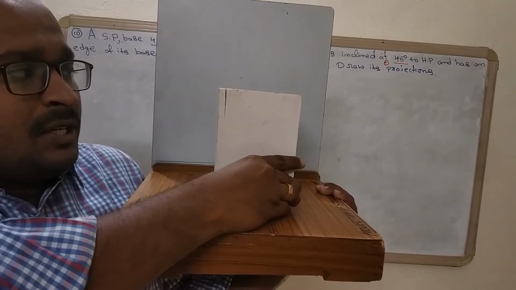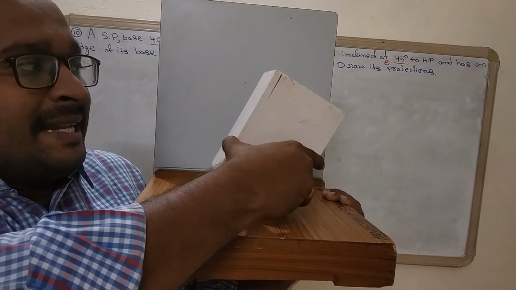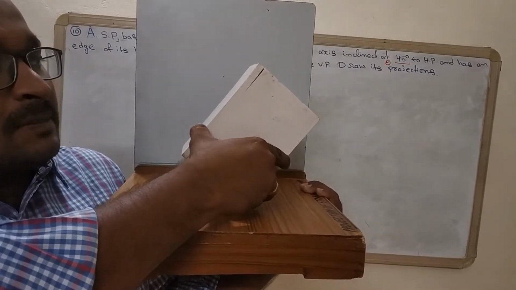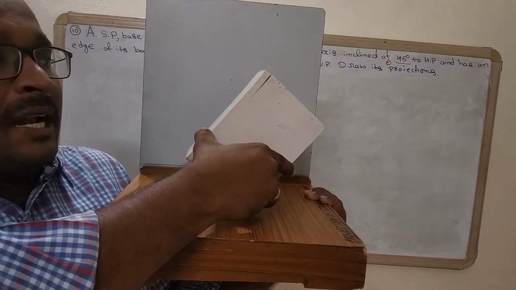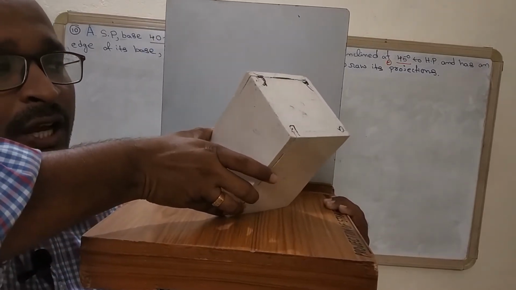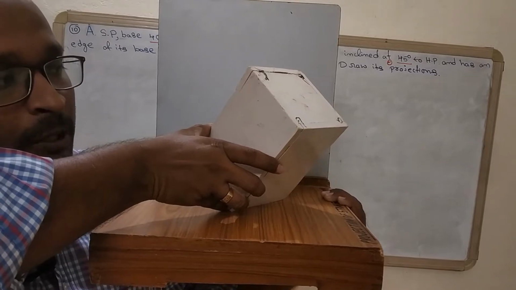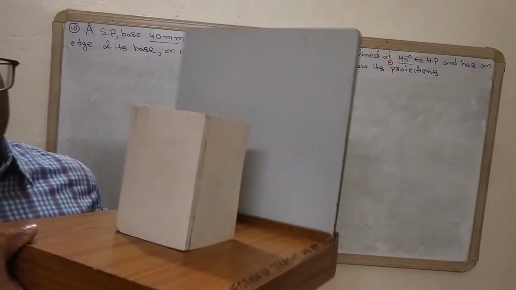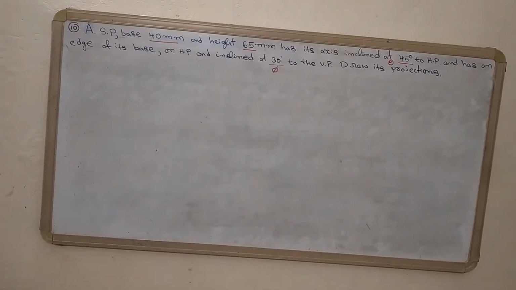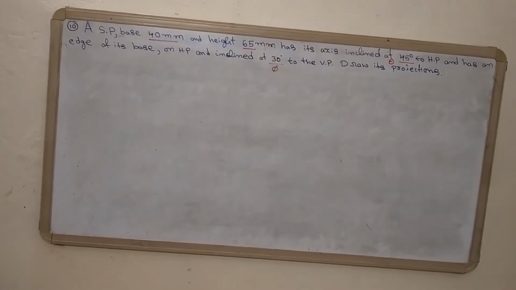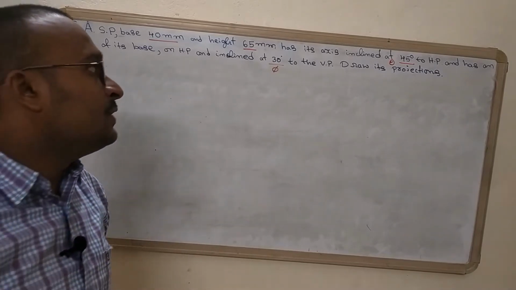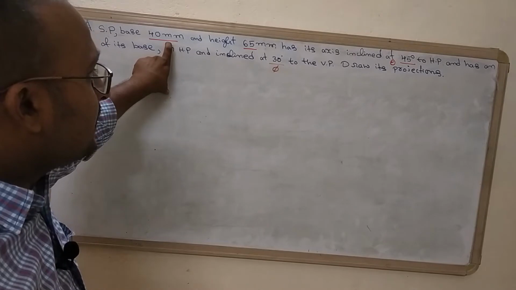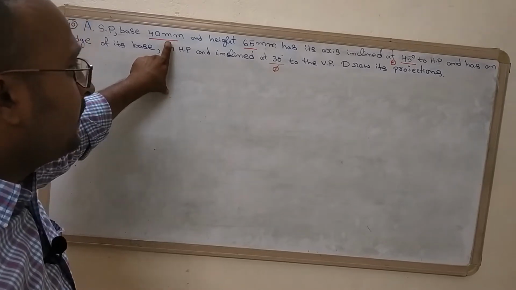So the first stage is the simple stage, and then the second stage is the axis inclined at an angle of theta degrees with respect to the HP and parallel to the VP, and then the final stage is inclined to both the planes. This is how we solve problems related to inclination to both the planes. The problem statement itself will give three conditions. One is the geometry of the given problem, that is, either a square prism or whatever it is.